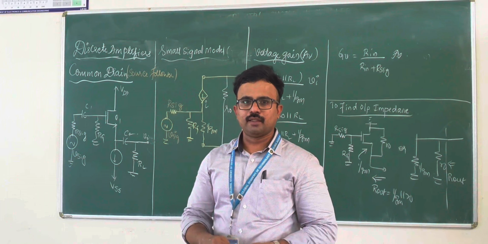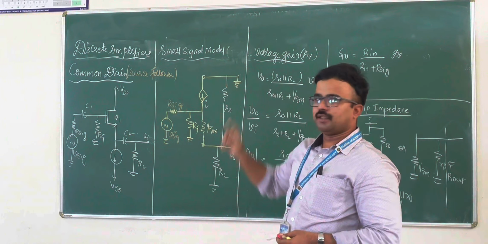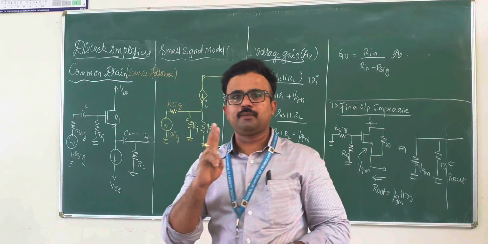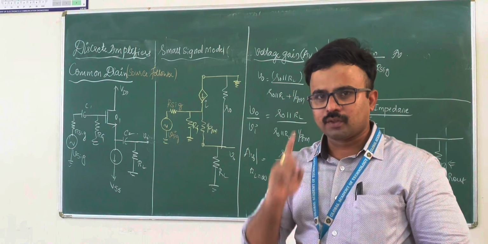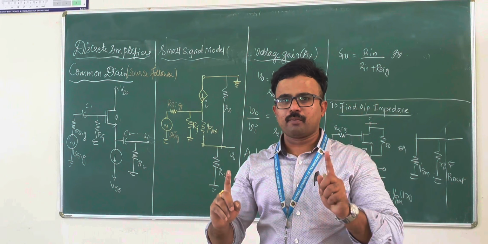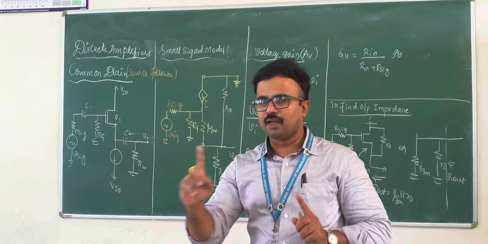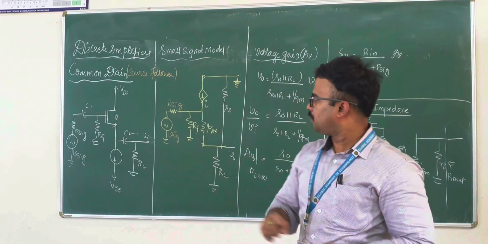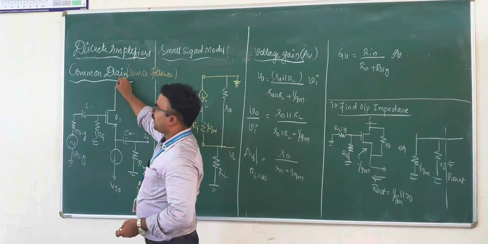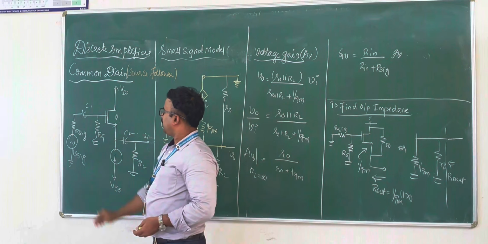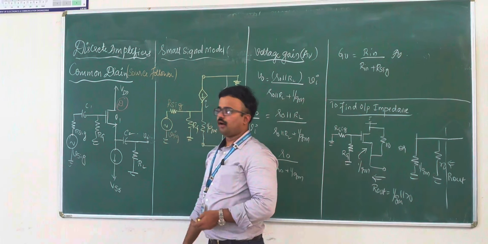Welcome to microelectronics class. So we'll continue the discrete amplifiers. So far we have discussed two types of discrete amplifier. One is a common source amplifier, where the source terminal is common between the input and output. The second one was common gate amplifier, where the gate terminal was common between the input and output. The next type of amplifier we'll consider is a common drain amplifier, where the drain terminal of a transistor is common to both input and output.